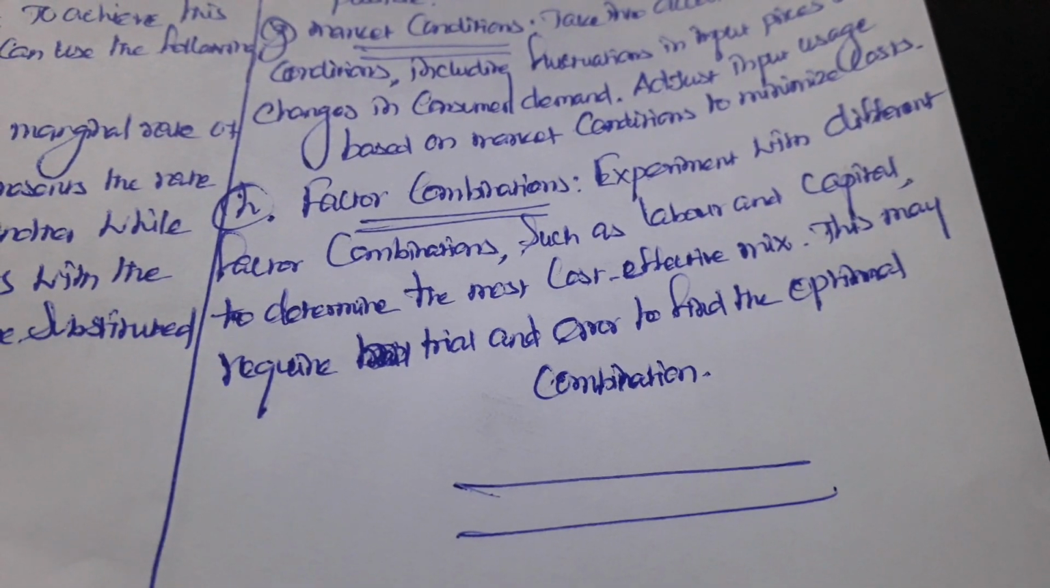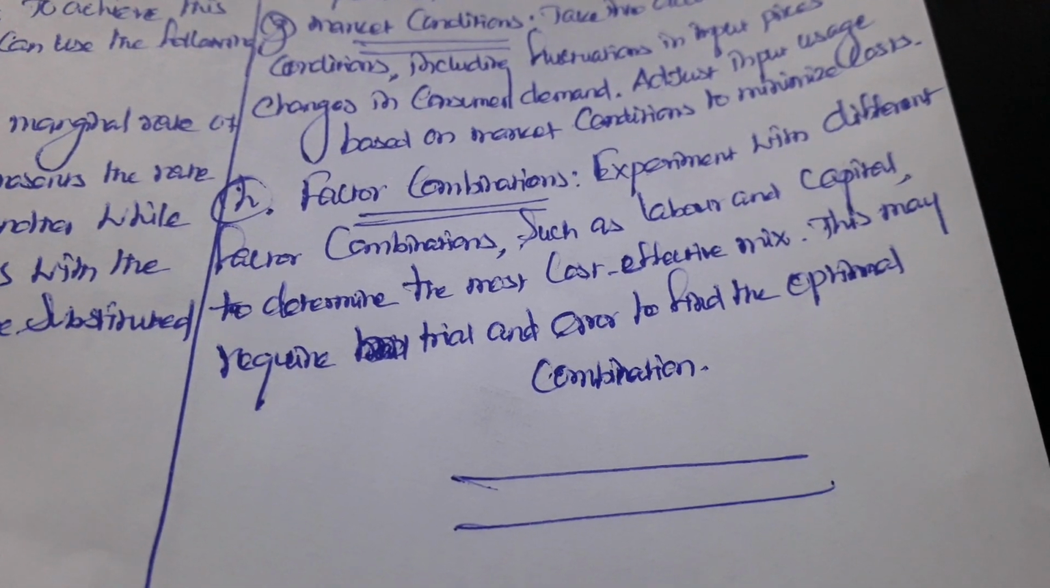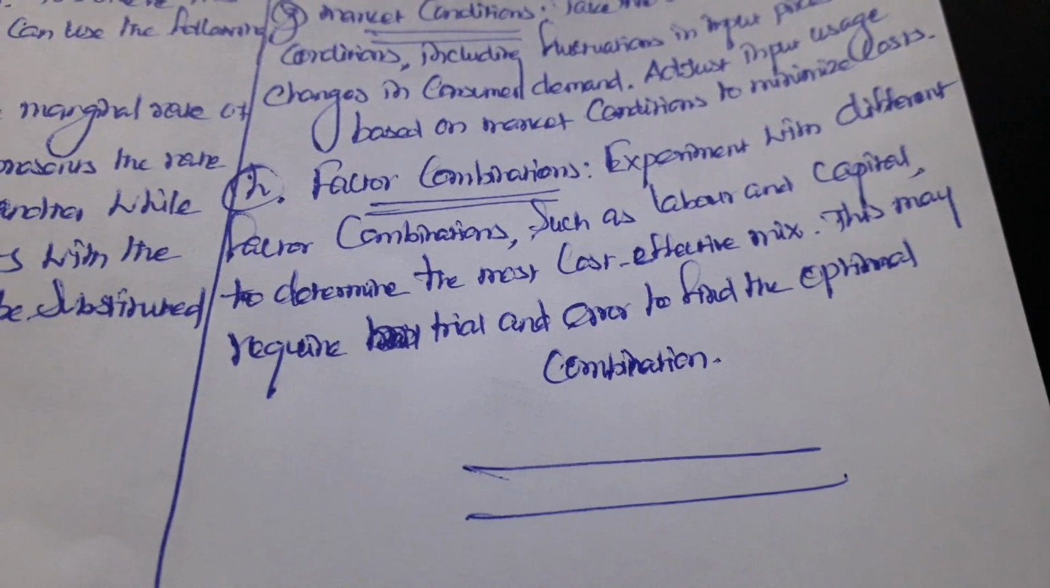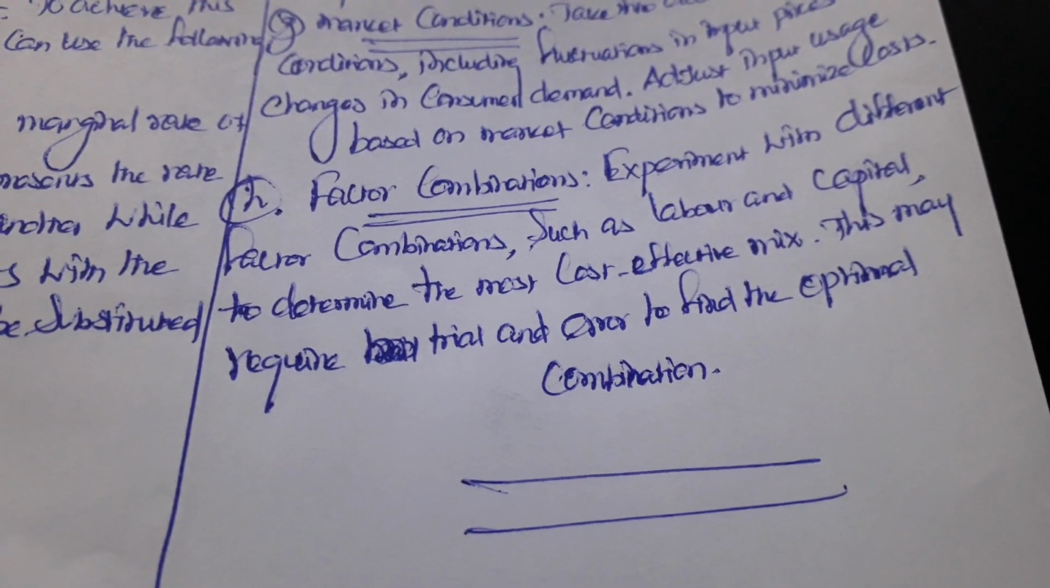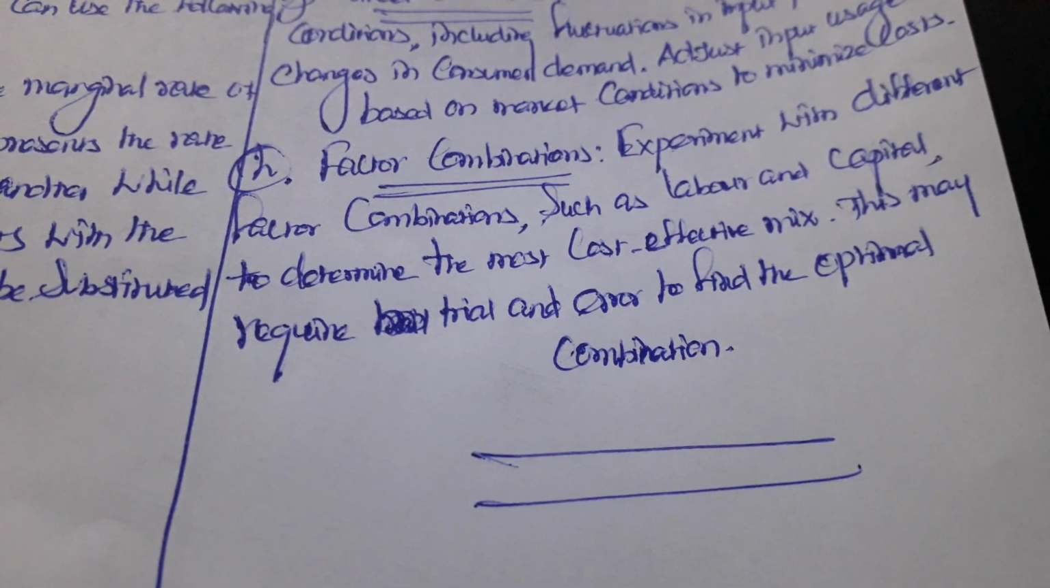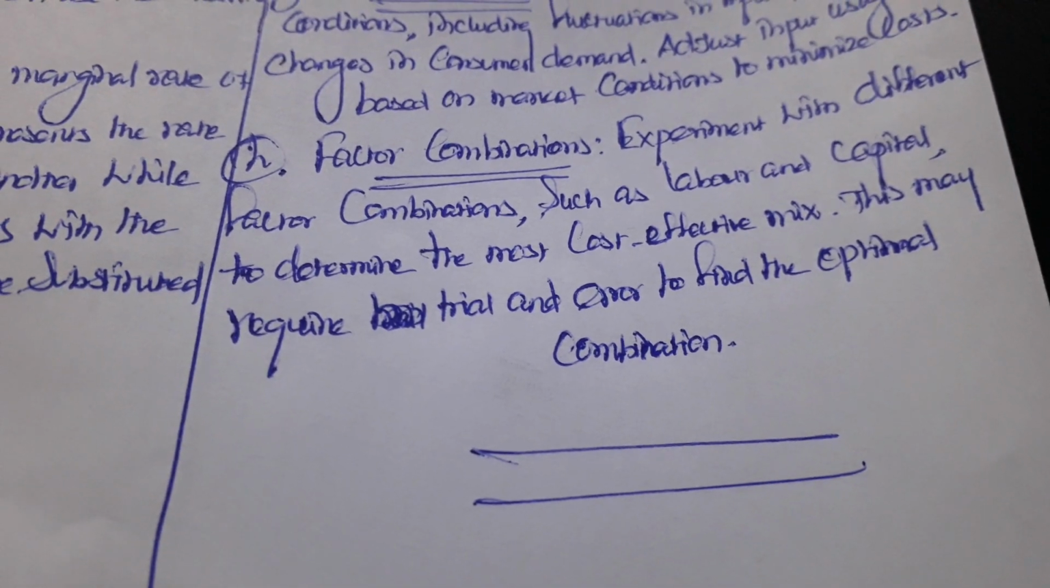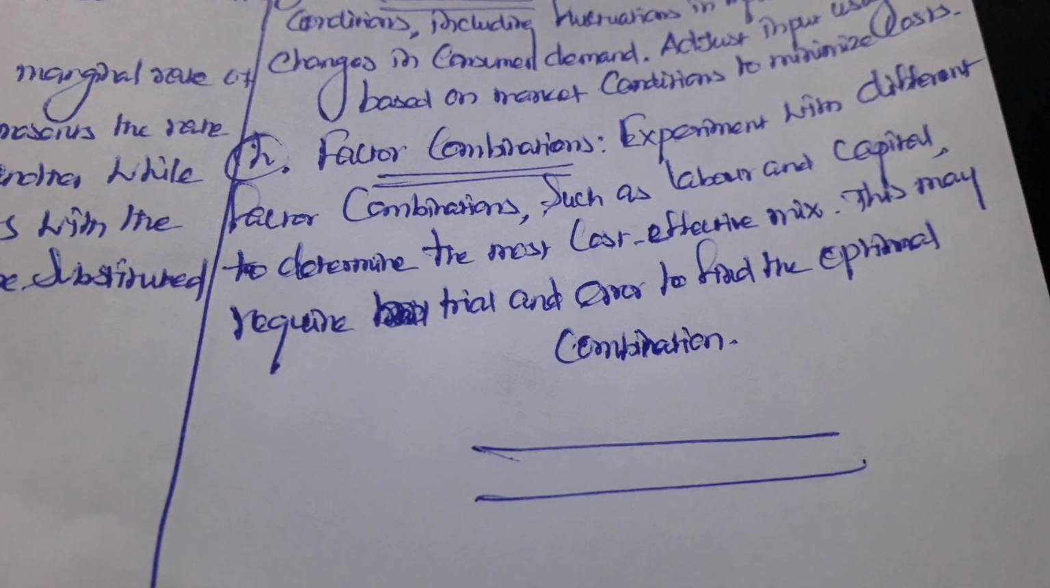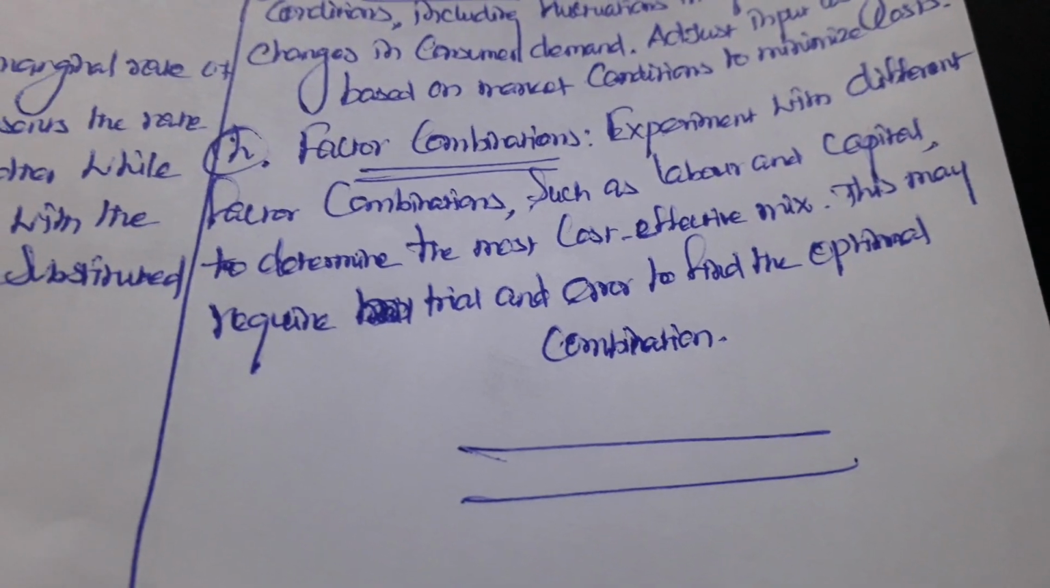Producers need to experiment with a lot of factor combinations such as labor and capital to determine the most cost-effective mix. This may require the trial and error method to find the optimal